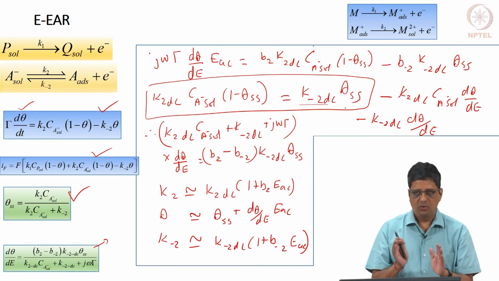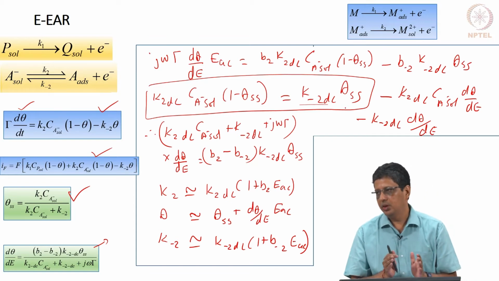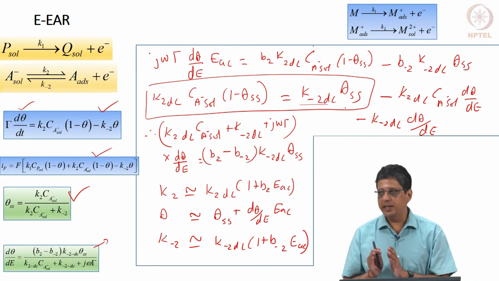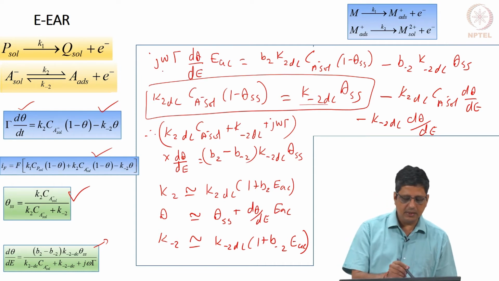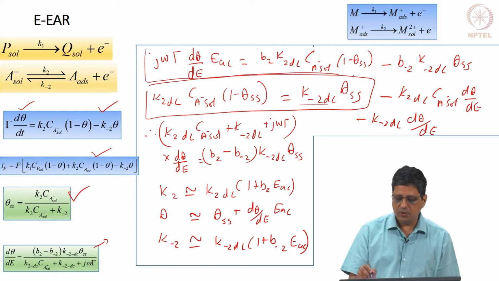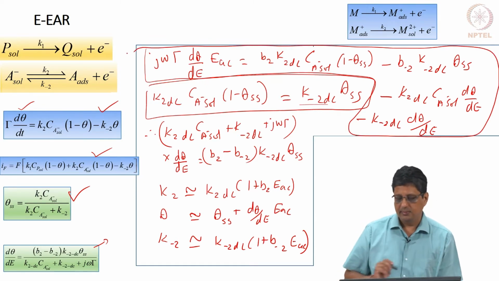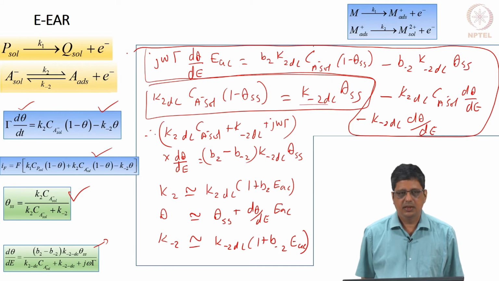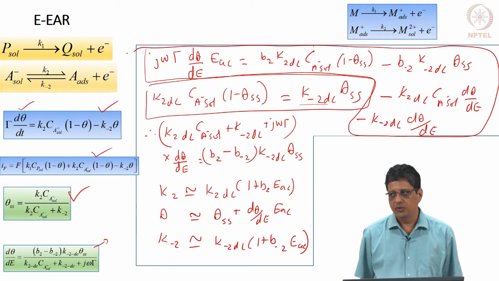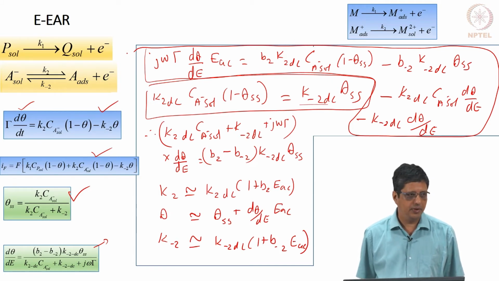That means, some terms will go away, some terms we are going to throw away saying EAC square is not significant, and then the remaining terms are going to give you this, that is my claim. Once the remaining terms are written down correctly, you can rearrange it, it is a matter of just arranging them,